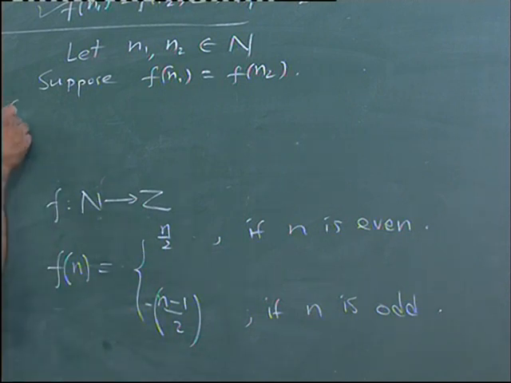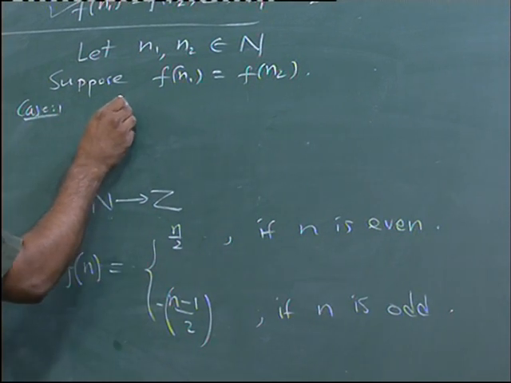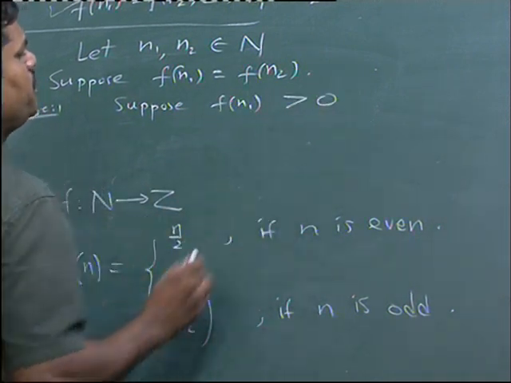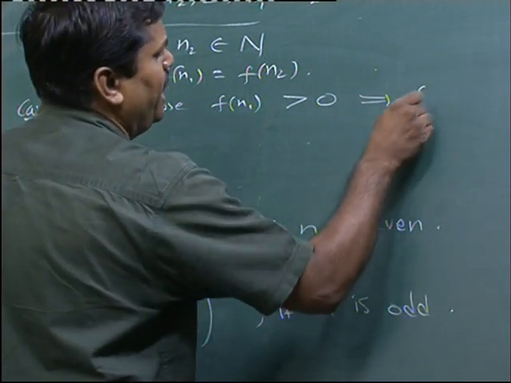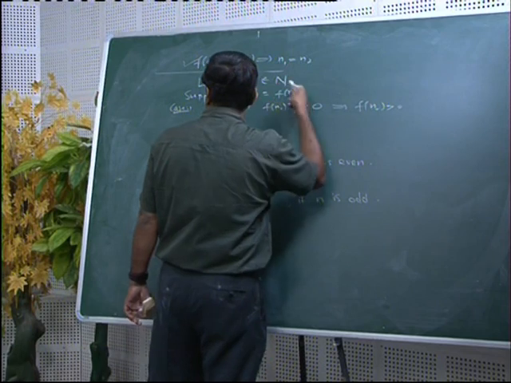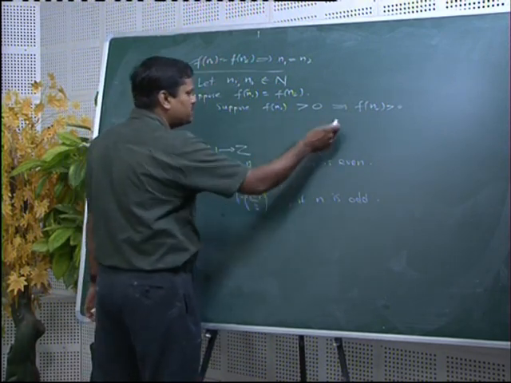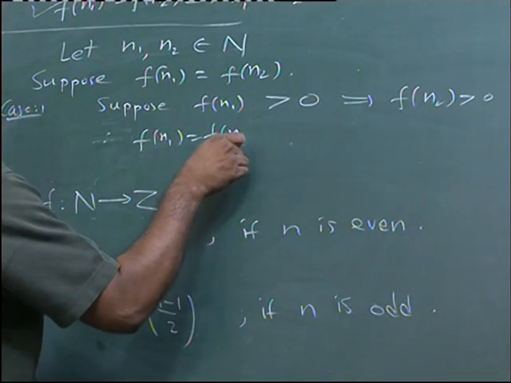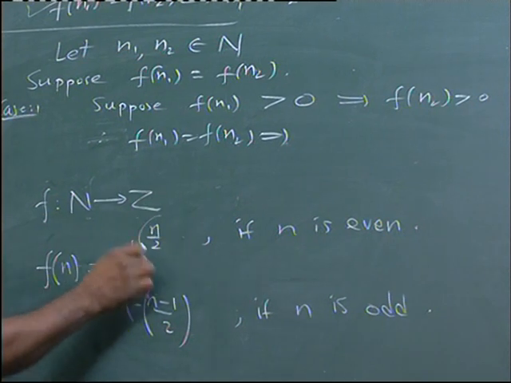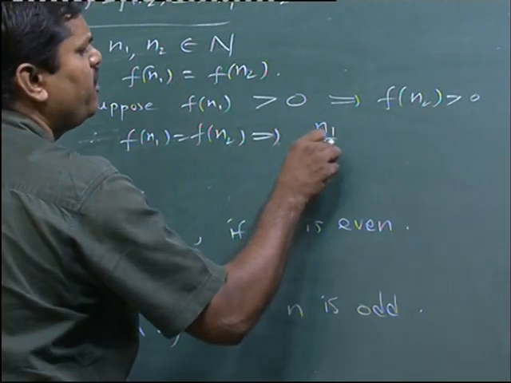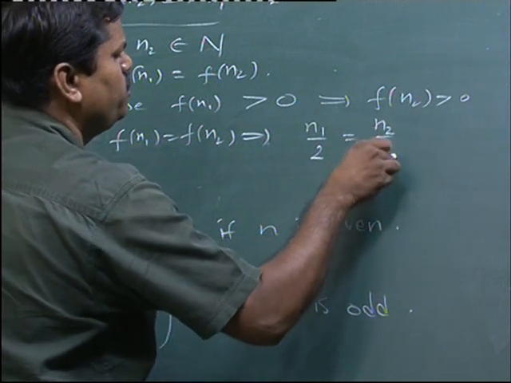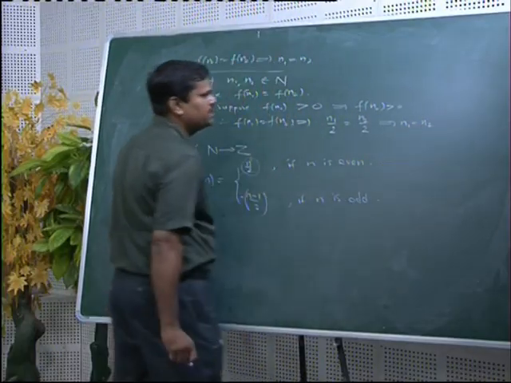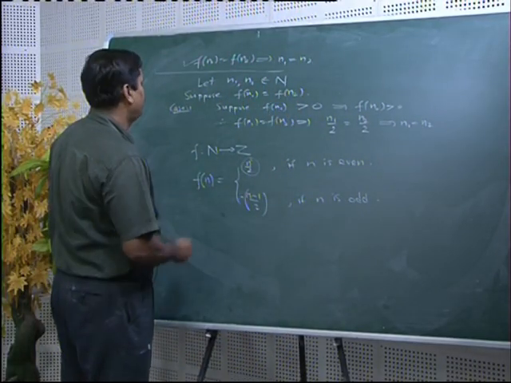In other words, there are two possibilities. Okay. Suppose f(n1) is positive, let us write this way mathematically, f(n1) is positive. If f(n1) is positive, then f(n2) is also positive, because both are equal, that is given. Okay. And since they are positive, we must have from the condition f(n1) is equal to f(n2), because both are positive, this is the positive value. So, the value of the function is n1 by 2 and here it is n2 by 2, and simplifying this you will get n1 is equal to n2. So, in this case the condition is proved, the function is 1-1.